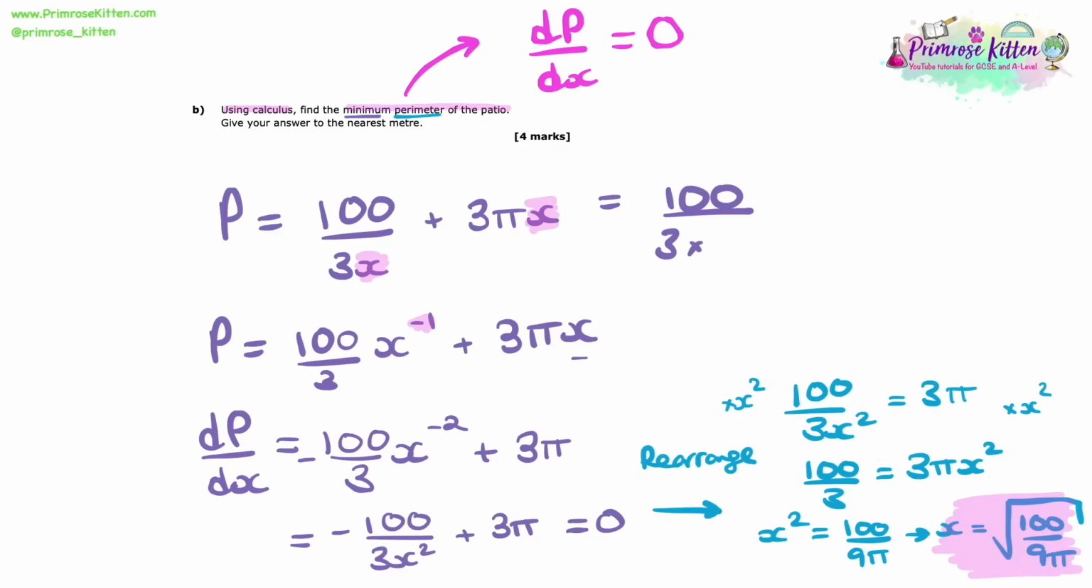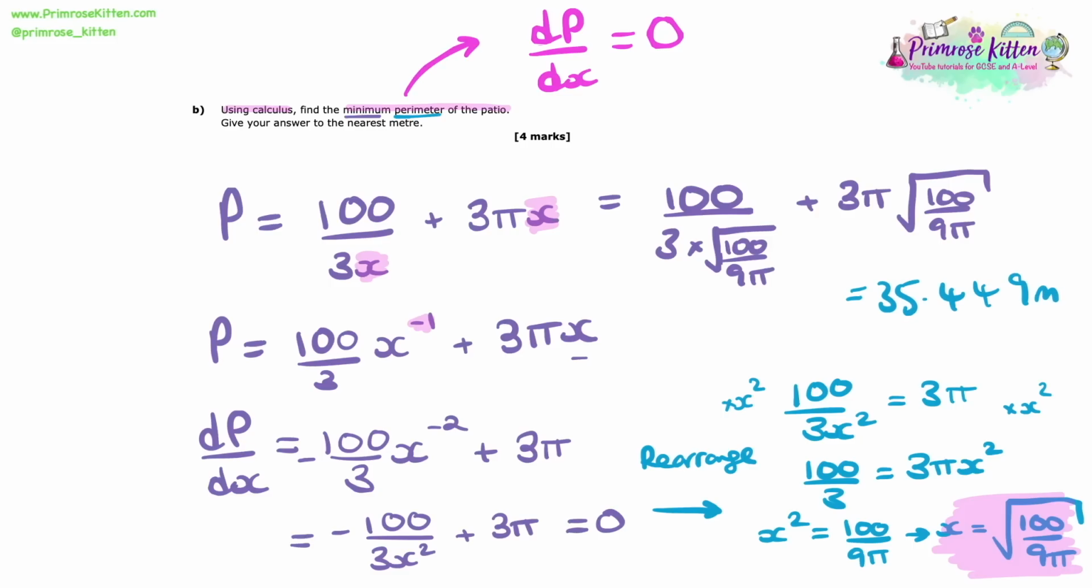So then, P is going to be equal to 100 over 3 times root 100 over 9 pi, plus 3 pi times root 100 over 9 pi. So at this point now, we're just going to pop that into our calculators, and that gives me a perimeter there equal to